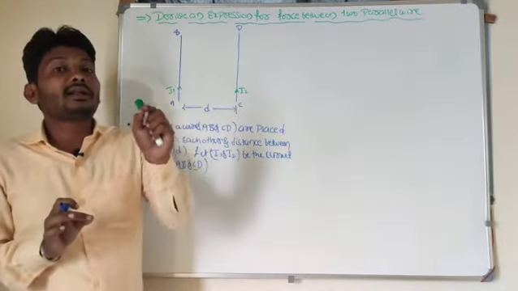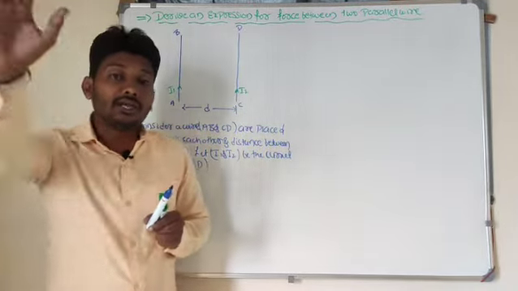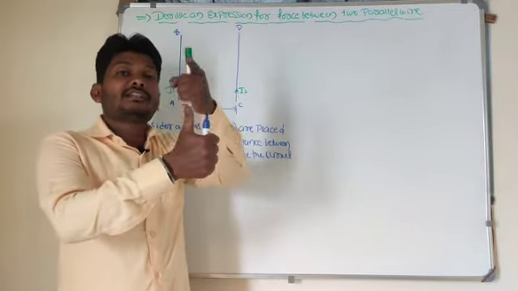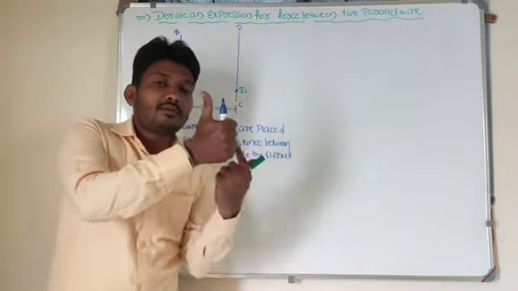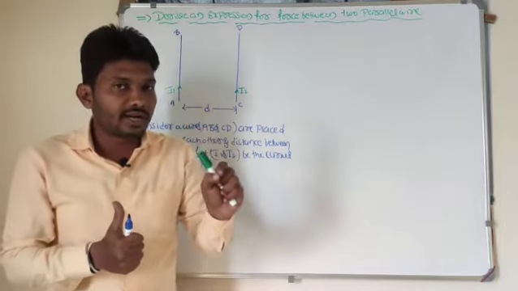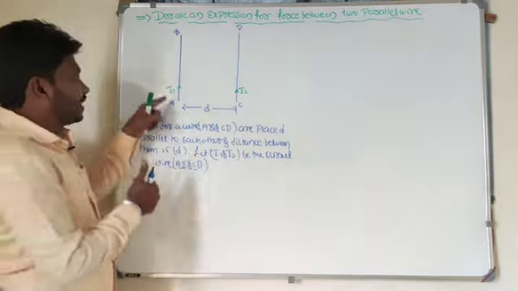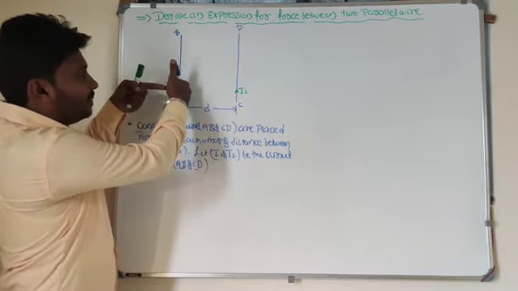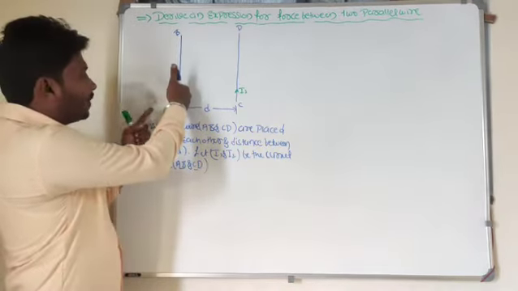Again, from the right hand thumb rule. What does the right hand thumb rule mean here? Hold the conductor in the right hand, the thumb indicates the direction of the current, whereas the folded fingers indicate the direction of the magnetic field. I hope you remember that right hand thumb rule. I want to find the direction of the magnetic field. I already know the direction of current. In wire AB, current I1 is flowing in an upward direction.